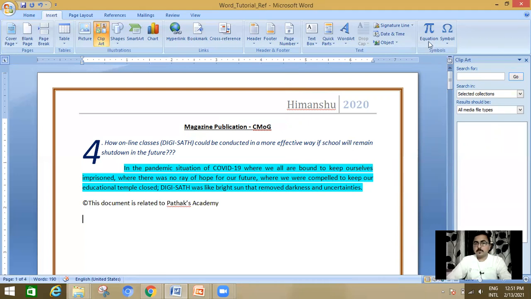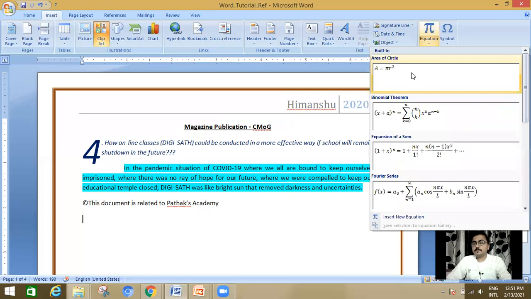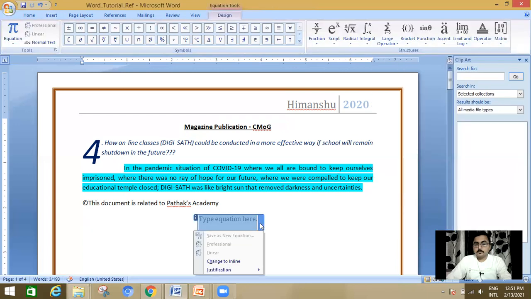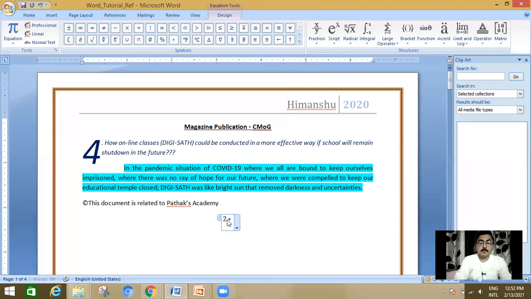Click on equation button, area of a circle. Some other equation you can type. For example, 2 into 3 into 4, whatever you need.